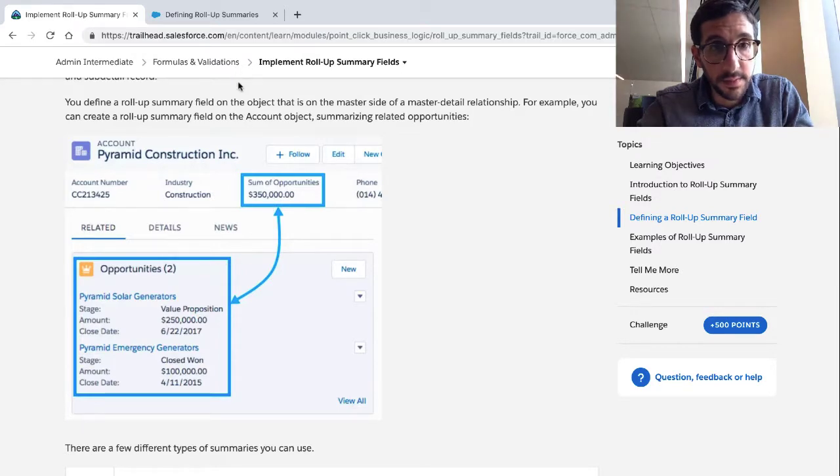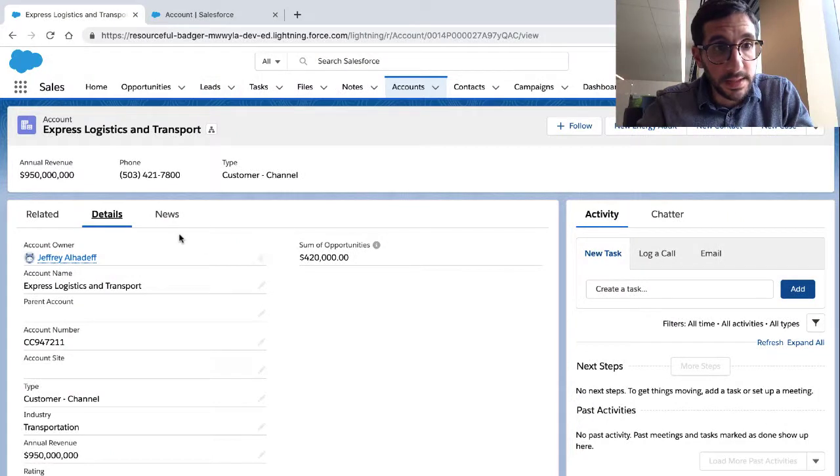But what we did do is we did add it to the detail section